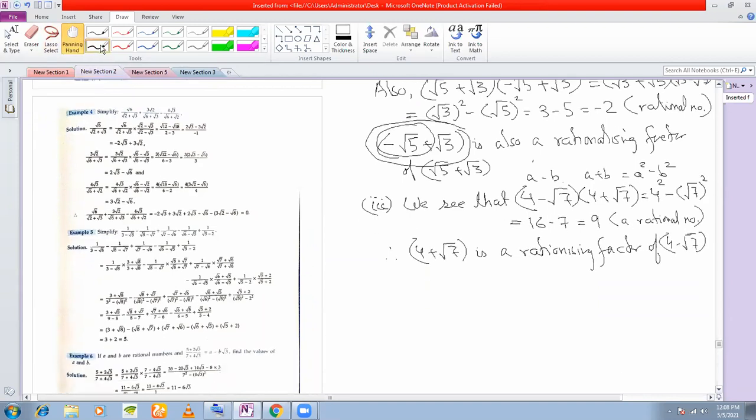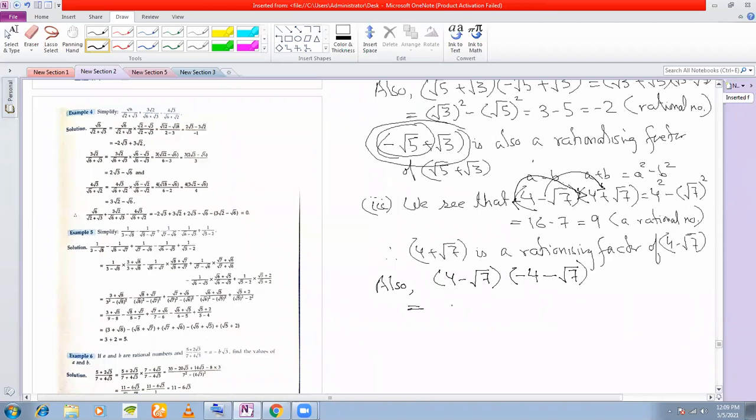now we try the other way also, that is, we change the sign of 4. Earlier we changed the sign of the radical part, root 7, from minus to plus. Let us now change the sign of 4. So if you have a plus 4 here, let us make it a minus here. So with 4 minus root 7, the given number, this time I change the sign of 4 and keep the sign of root 7 as minus. Now let's see what will happen.